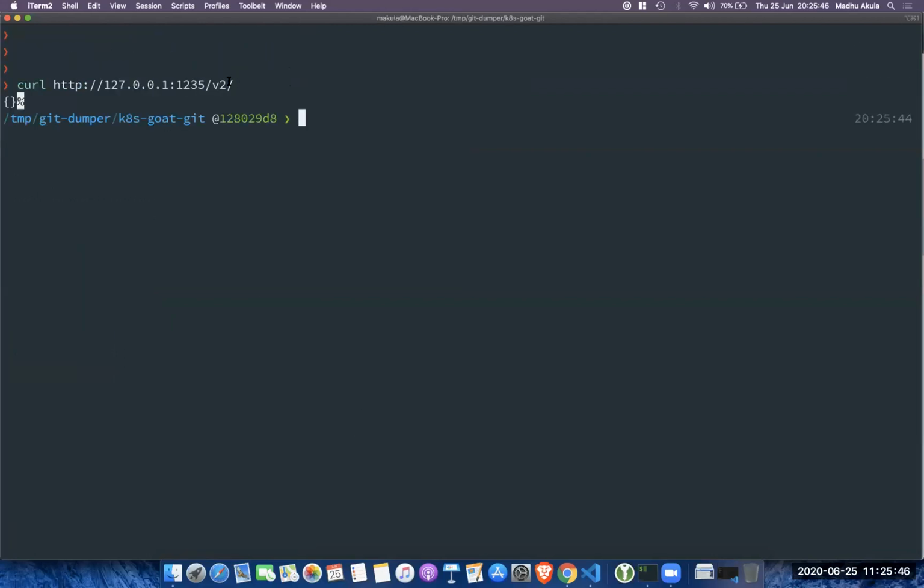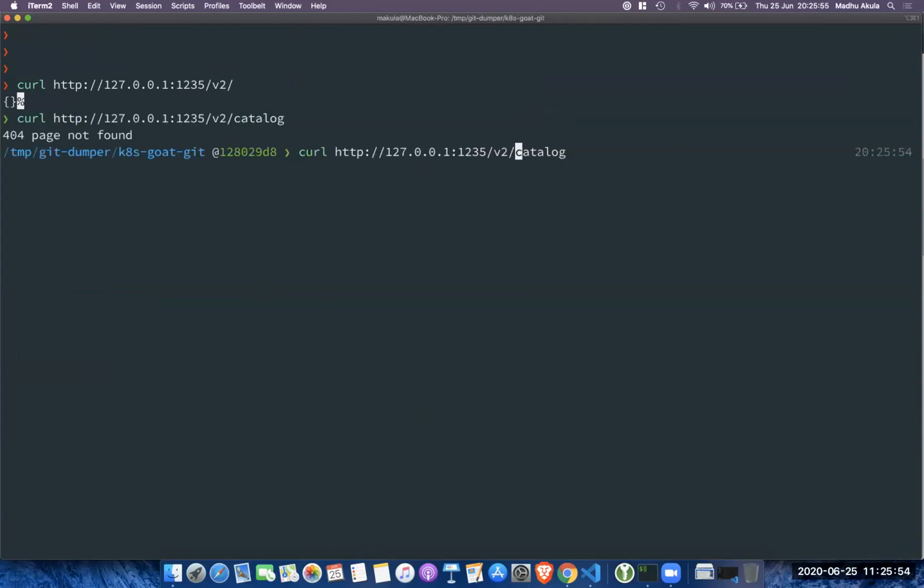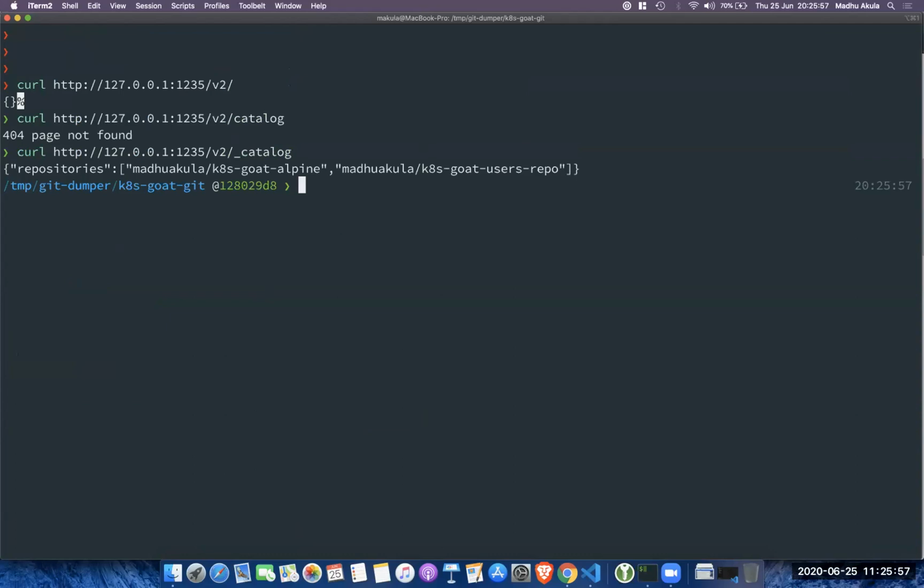You can see this is the default Docker registry endpoint. From here you can run a bunch of commands like underscore catalog, right? So you can see that there are two repositories of images available in this current registry: one is Madhuak K8s code alpine, and another one is K8s code users repo, right?